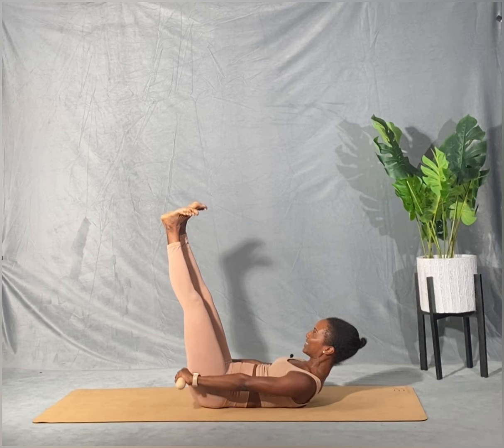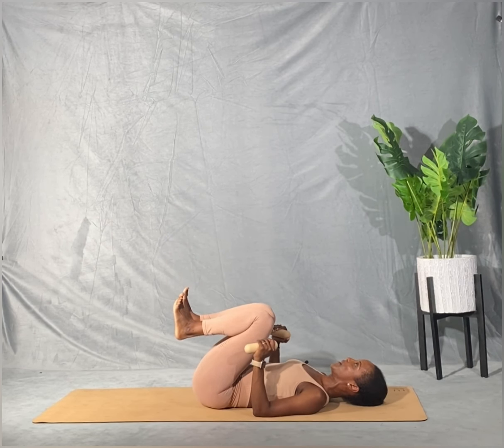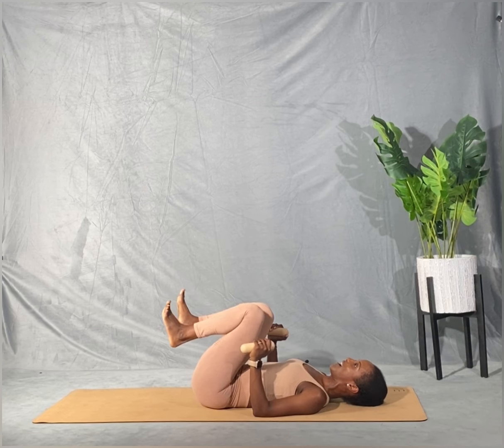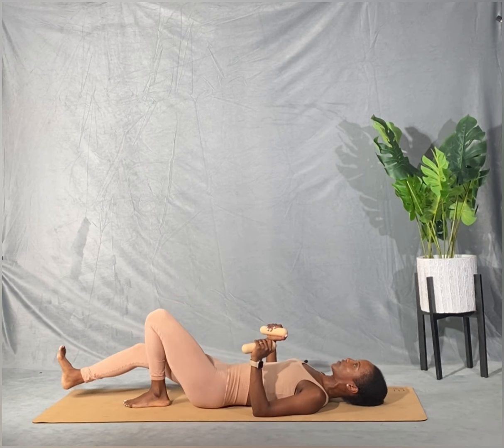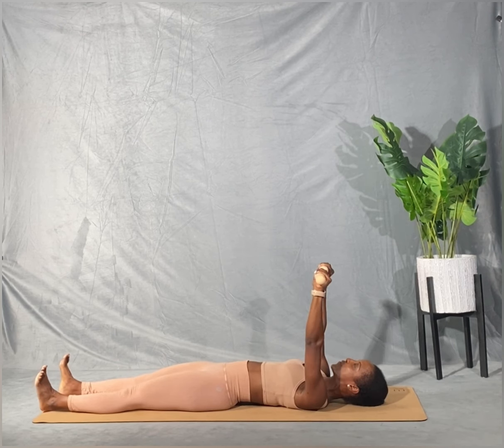Last set. It makes a difference with these weights. And rest it down. Woo. Okay. All right. So extend your legs out to straight. I'm going to insert this exercise here, not typically done on the reformer, but we're going to bring our arms